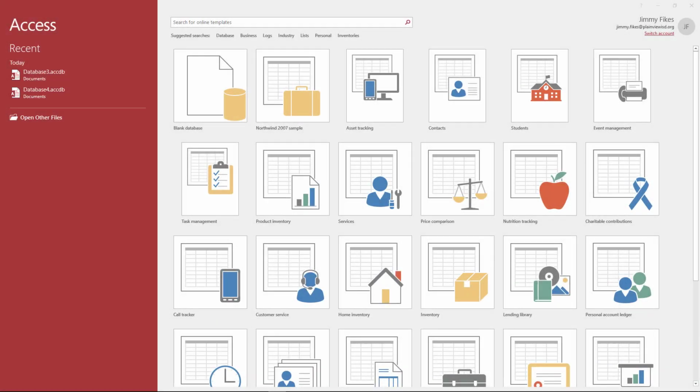Getting started with Microsoft Access is very much like getting started with Microsoft Word or Microsoft Excel or Microsoft PowerPoint. All of the programs in the Microsoft Office suite operate basically the same way. You click to start the program, and then you're brought to a window similar to this where you can select a template that you can use to begin to build a database,